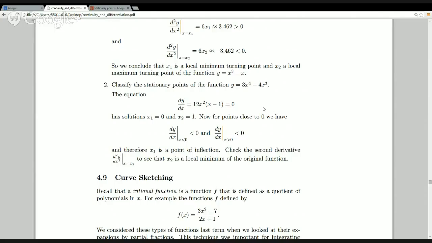And then when it's factorized there, you can see what its roots are. You see the roots of x equals 0, x equals 0 and x equals 1. Now at the point 0,